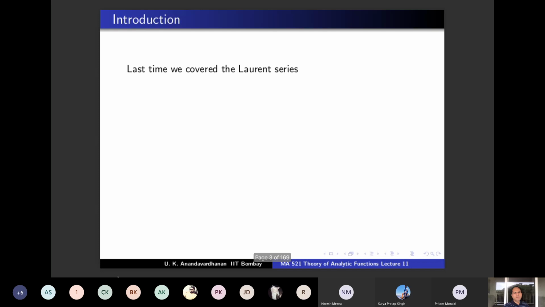And last time we covered the Laurent series expansion. Remember, while doing this Laurent series expansion, how did we do it? We took an annulus and we applied the Cauchy integral formula for the cycle which consists of the inner circle and the outer circle oriented appropriately. And therefore the function can be written as the sum of two functions, one is one of the integrals, the other one is the other integral. And we proved that both are